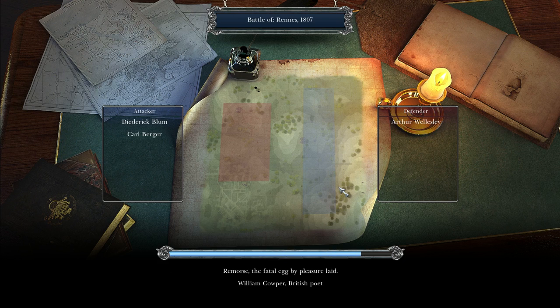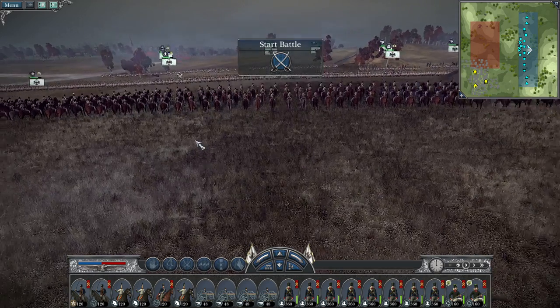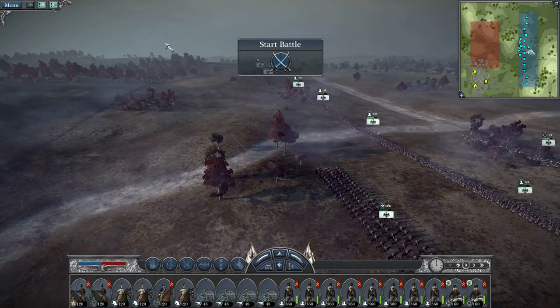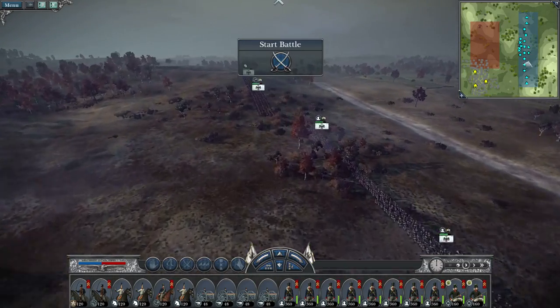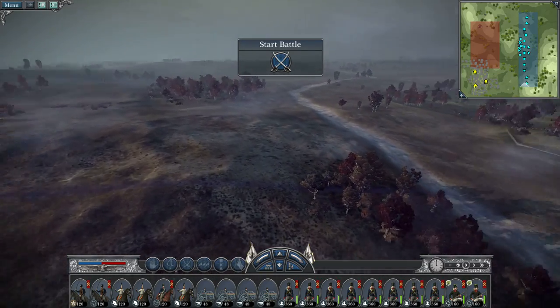He's got lots of artillery, Sir Arthur, but we've got plenty of cav, so we'll try and take that out, I think. Right, okay. Interesting. You've actually got a bit of a hill here for a change. And actually over here as well. Right. In actual fact, this is an